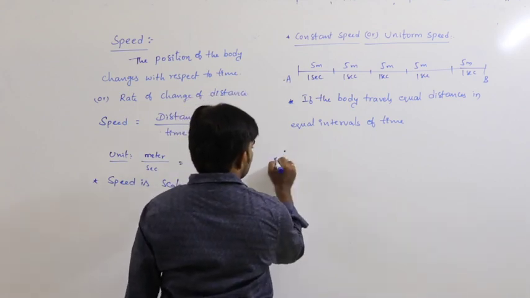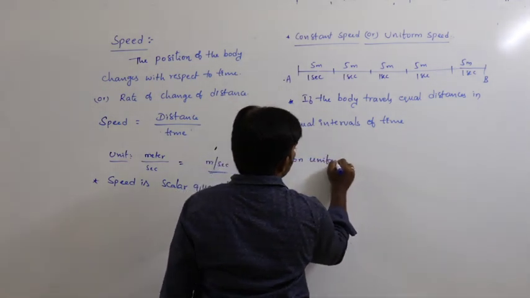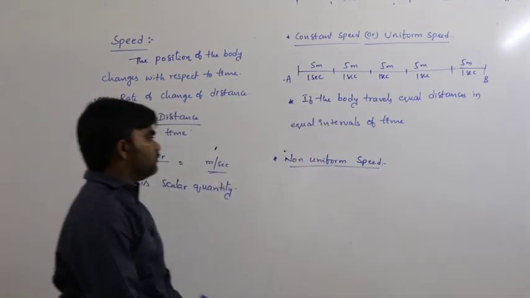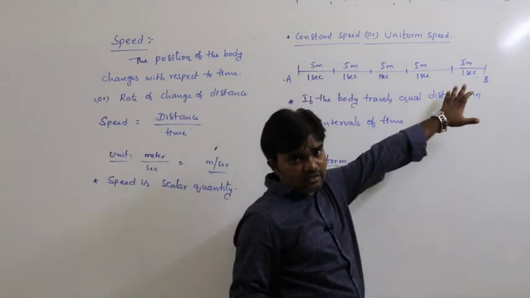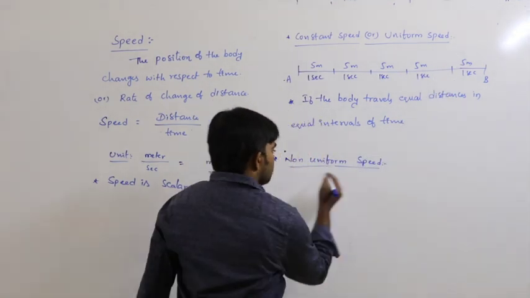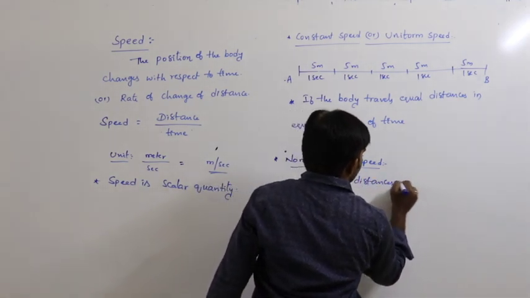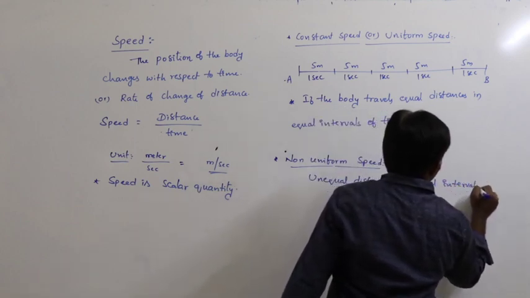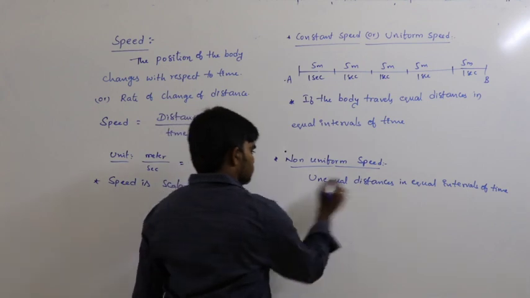So next, the next condition is non-uniform speed. How can you define non-uniform speed? Uniform means equal distances in equal intervals of time. Here non-uniform speed means, see here, unequal distances in equal intervals of time,